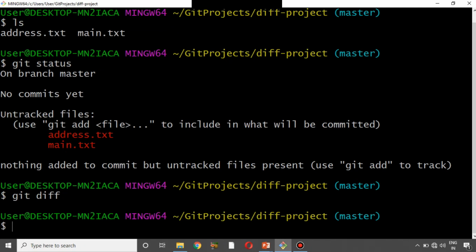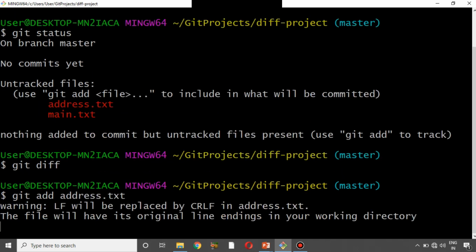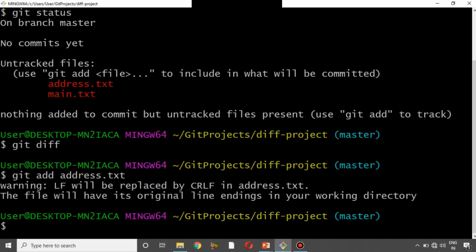Okay, let me send one of these two files into the staging area. I will send address.txt to the staging area by using a command called git add. So I'll just say git add followed by address.txt, enter. Now this file is in the staging area. So if I say git